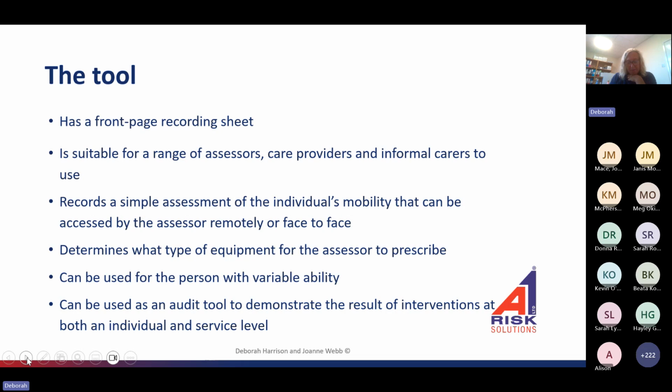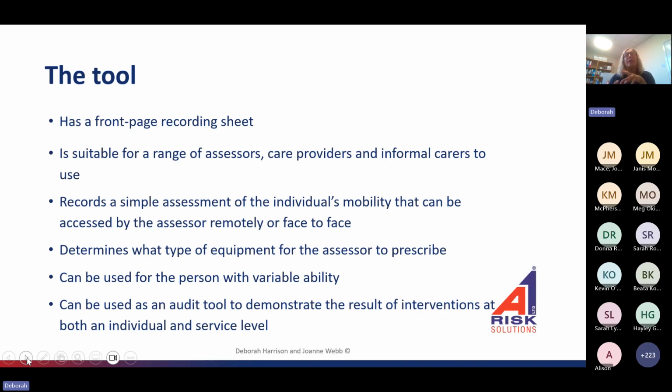The feedback from the staff who were using it on the front line, not the prescribers but the caregivers, was phenomenal. The feedback from them was, we feel part of the care process. We can easily now report back to the OT if there's a variance, if we need a different piece of equipment, instead of the care provider having to spend hours. So the process became really efficient and very lean.